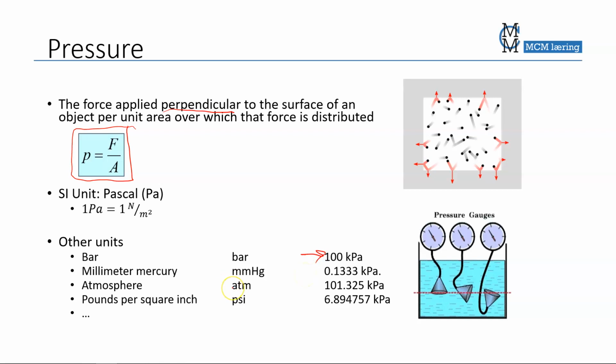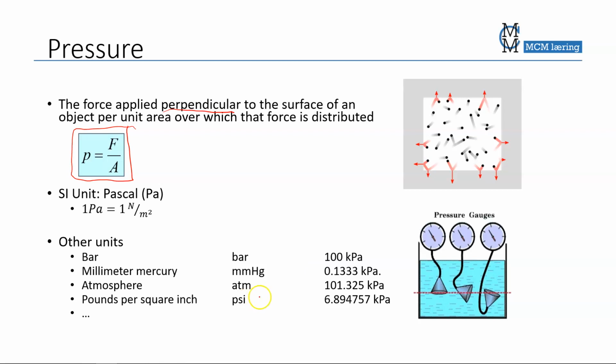Also, millimeter mercury comes from the pressure that a 1 millimeter column of mercury gives to a surface, and that is popular, for example, in blood pressure meters, and also for atmospheric